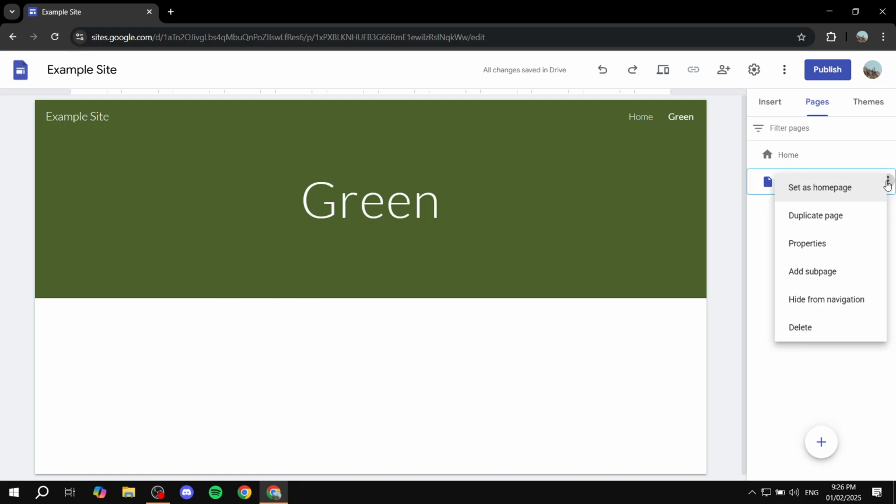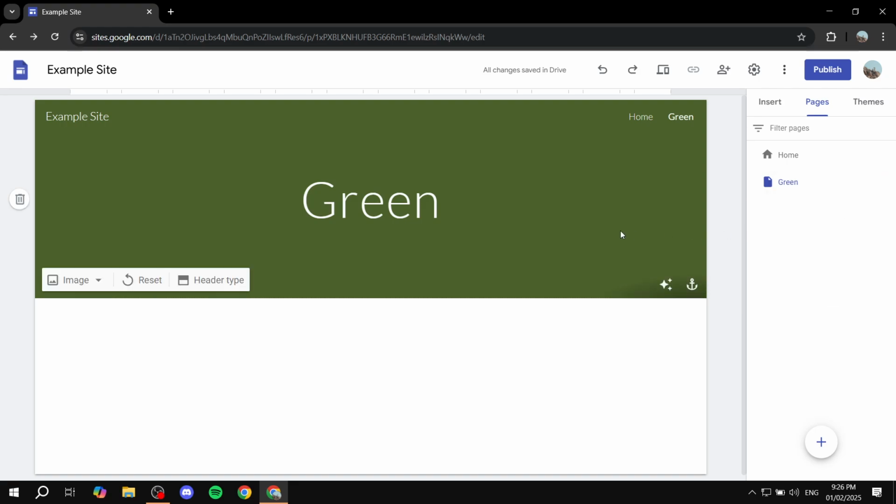If you click on that, you're going to have a few options. You have the set as home page for any page that is not the home page. This is common sense. We also have the duplicate page. So if you want to actually go ahead and let's say you have a very well detailed page. For example, the home page was